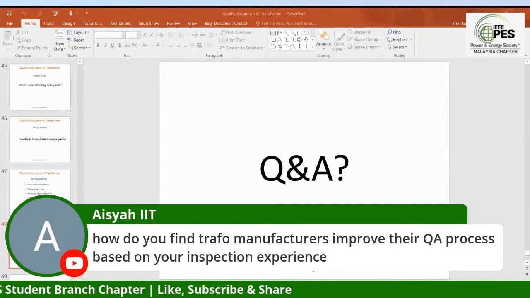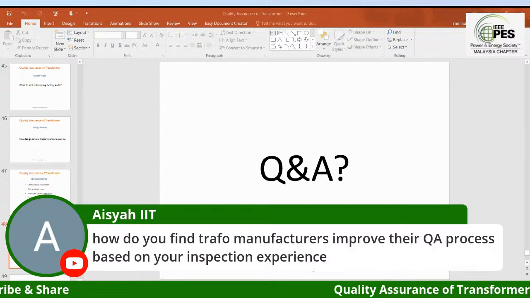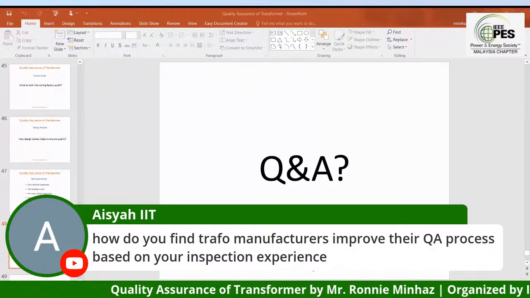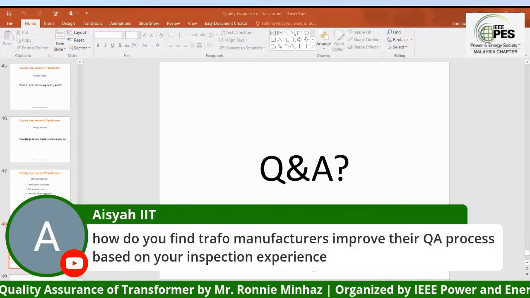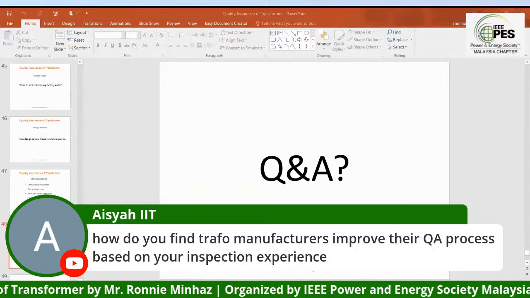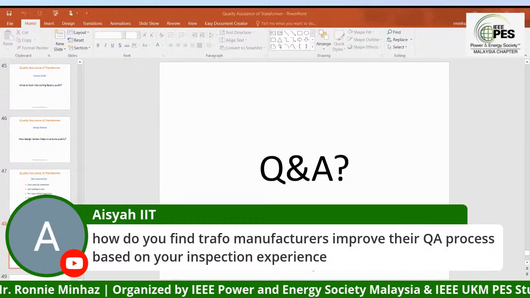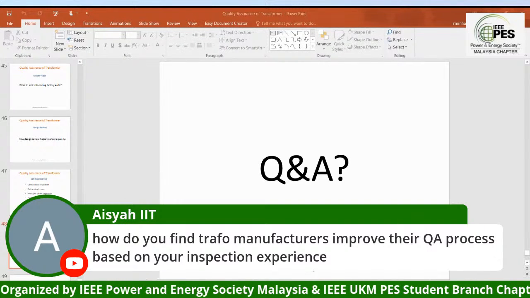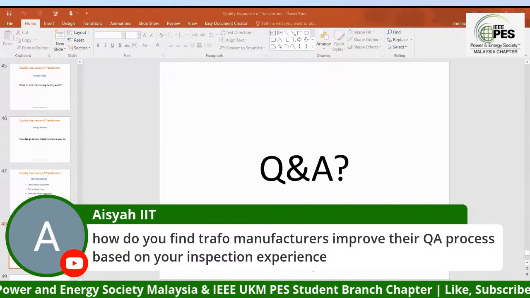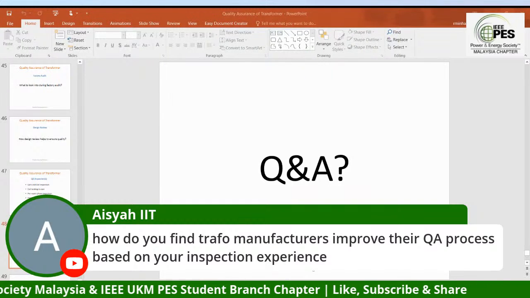So the first question is, how do you find transformer manufacturers improve their QA process based on your inspection experience? Well, here's the thing. To be honest with you, it depends. The manufacturers are under price pressure, and one of the things is that